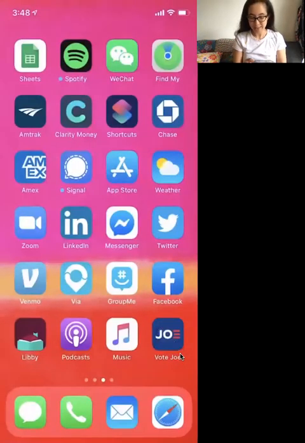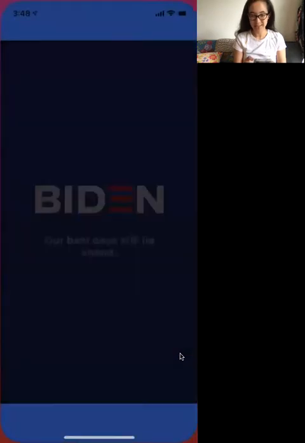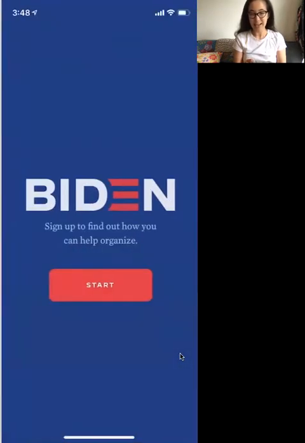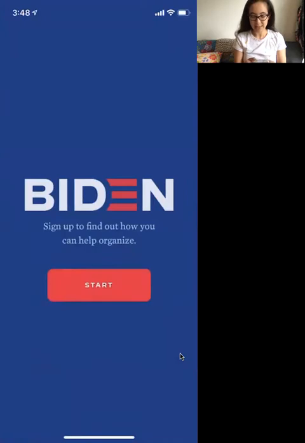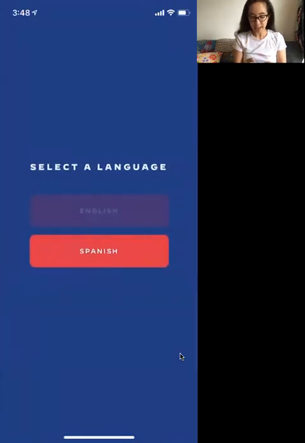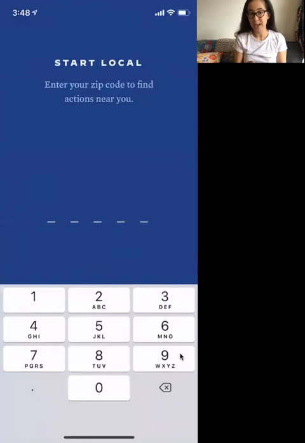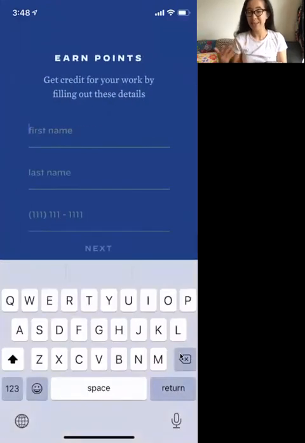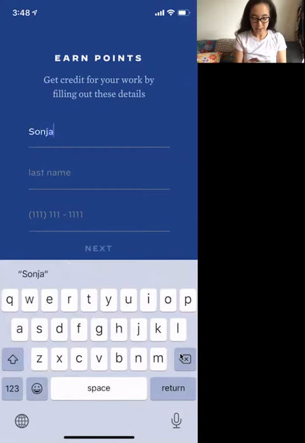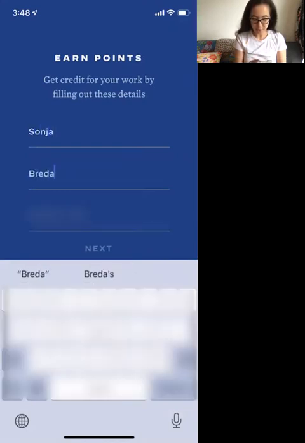Once you have the app downloaded, you can go and click into it, and you will see a couple setup questions. It's going to ask you what language you would like the app to be in. You're also going to be able to enter your zip code. Since I'm wanting to see North Carolina actions, I'm going to enter a Raleigh zip code so that I can take actions on things that are happening locally that I really care about. You're going to enter some basic contact information for yourself,